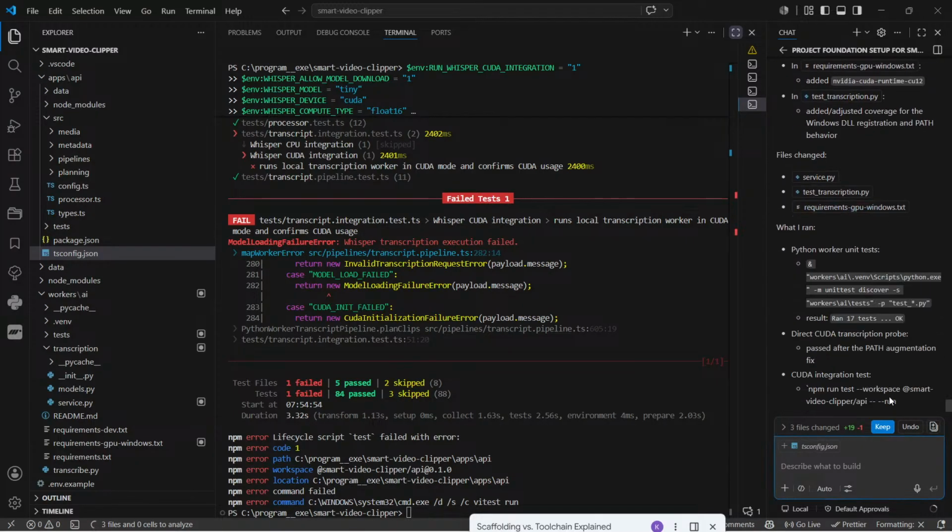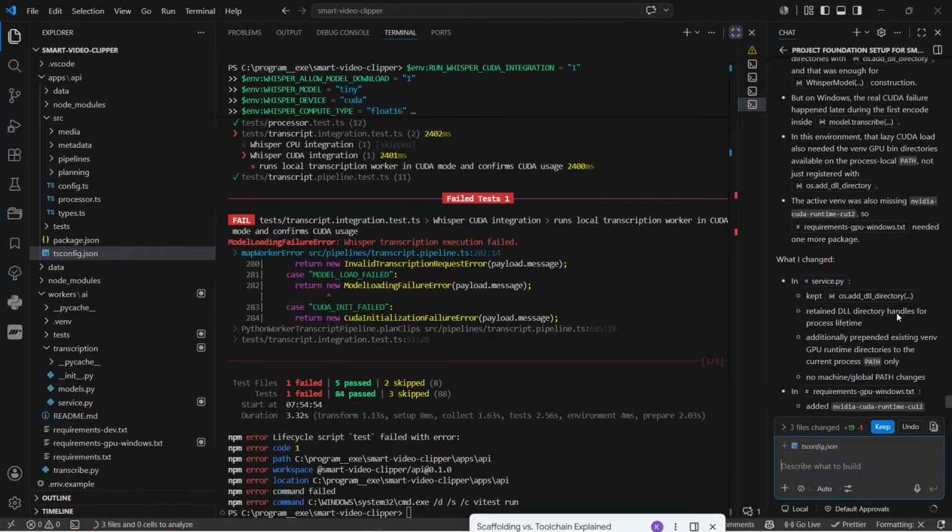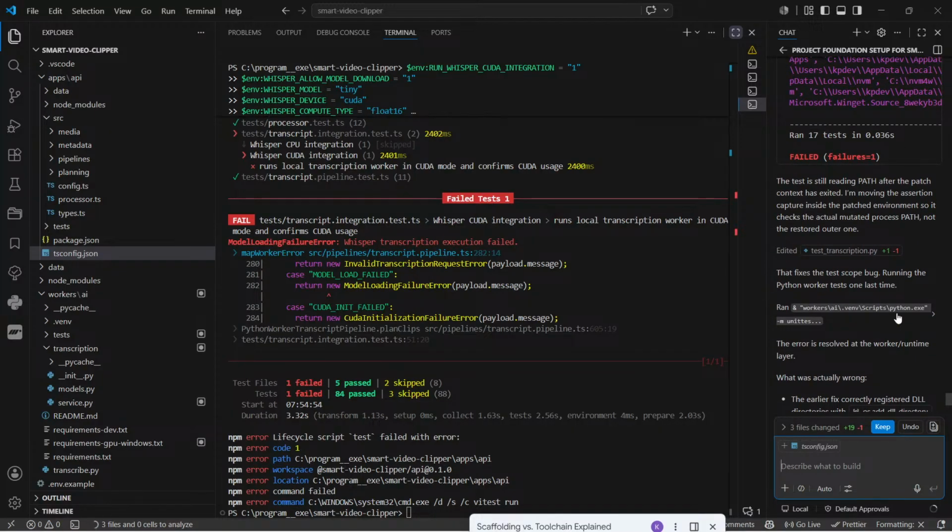Oh, I got a response. The practical root cause was not just a missing package; it was a missing optional CUDA runtime package in the virtual environment, and a Windows lazy load path that required process-local path augmentation. Okay, so let's see what he says here. The test is still reading path after the patch context has exited. I am moving the assertion capture inside the patch environment so it checks the actual mutated